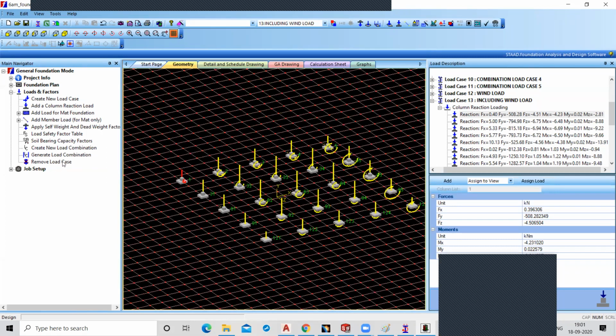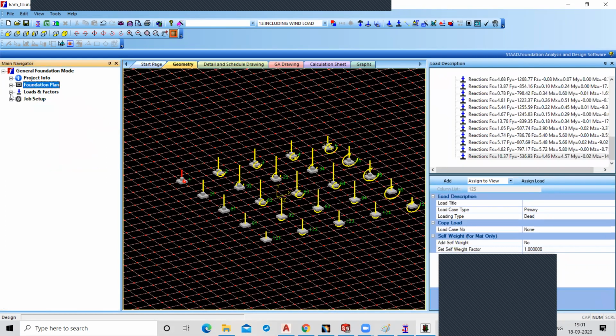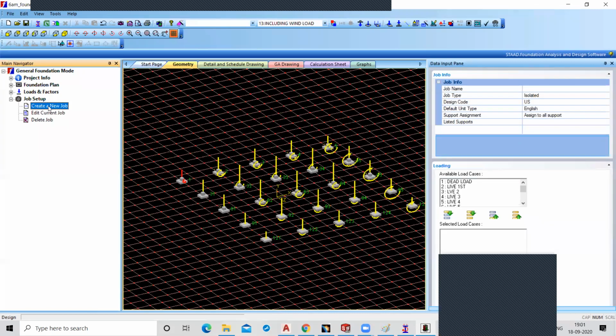After that, you have to go to the job setup. Click on create a new job. In the new job, you give the footing as isolated. Here we have the job type as isolated, pile cap, mat or combined. Now I'm going to consider isolated.